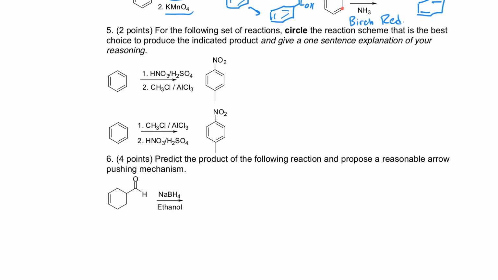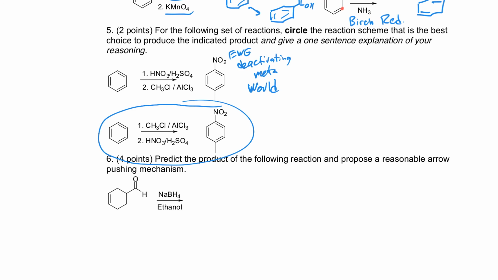Well, the nitro group is electron withdrawing, it is deactivating, and it is a meta-director. So it doesn't look like it will put the methyl group where we want it. So I'm thinking that the bottom one is the right way to go. I don't think the top one would work at all, but if it did, it would produce